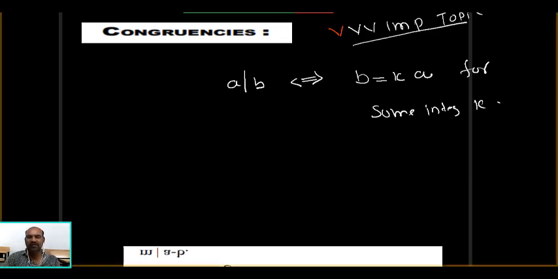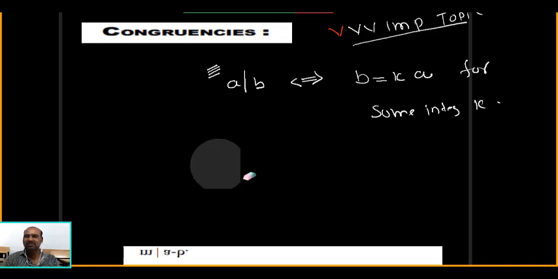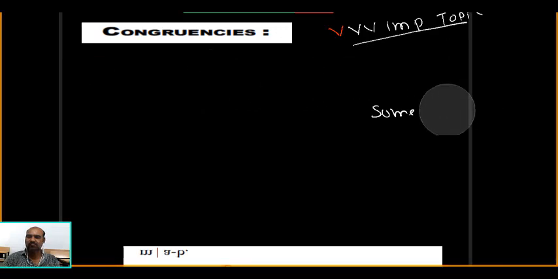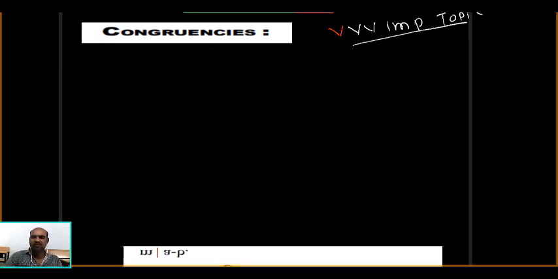They have some properties we already discussed. I just want to explain this once again. A divides B means there exists an integer k so that B equals k times A. That is one. Listen, students. Now take M divides A minus B. One minute. M divides A minus B.